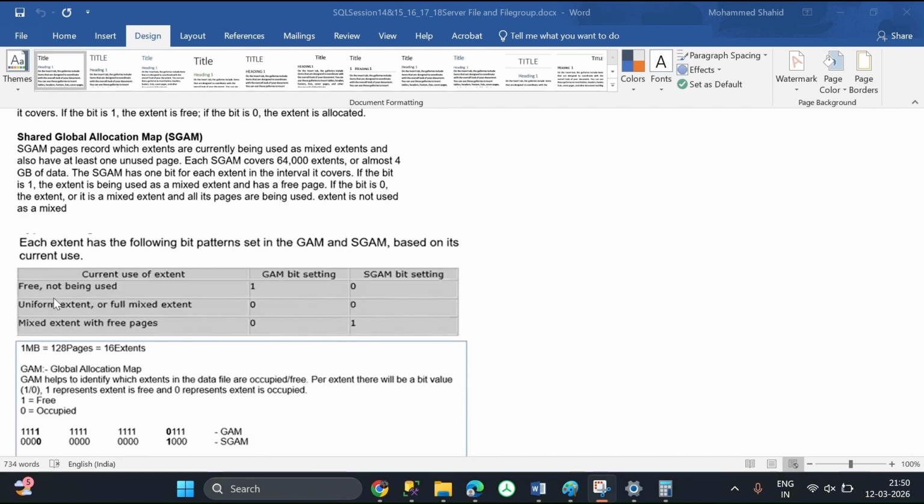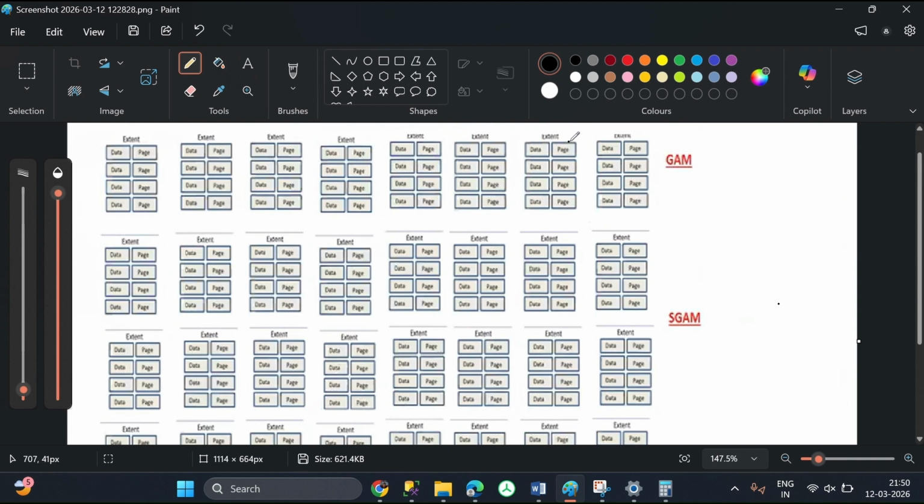See, now I will be explaining GAM bit setting and SGAM bit setting here. Mixed extent with free pages I will be explaining. If the GAM bit setting is 0 here, okay, if it is mixed with free pages, then SGAM is 1. This means if I go here, consider this one extent, leave the remaining everything. This GAM and SGAM I am explaining here. In this extent, for example, table 1, okay, if it is consuming here